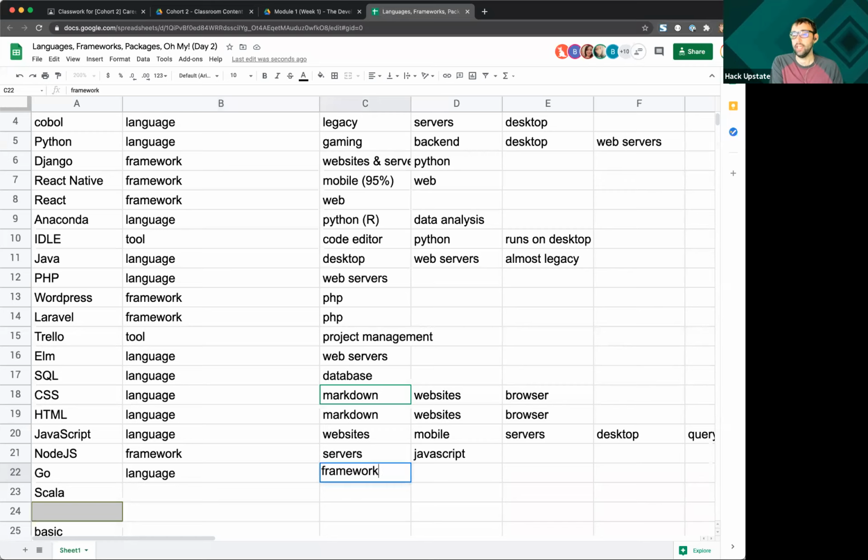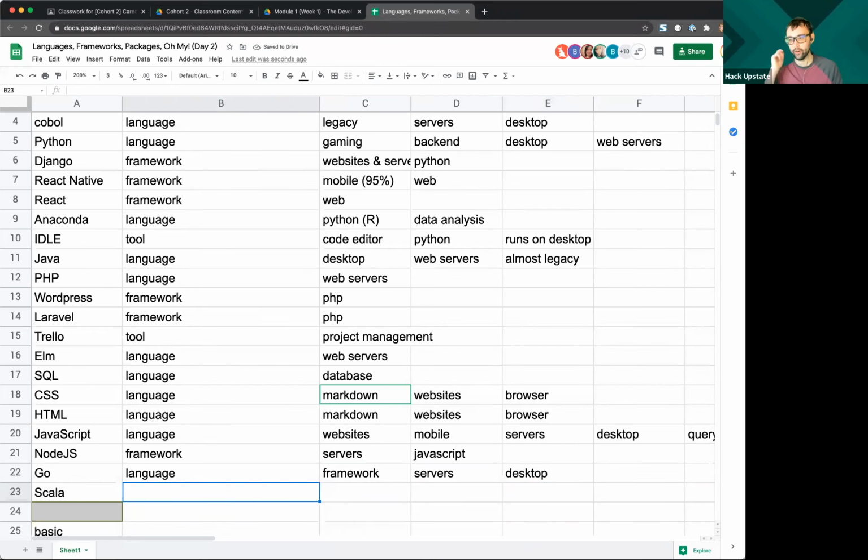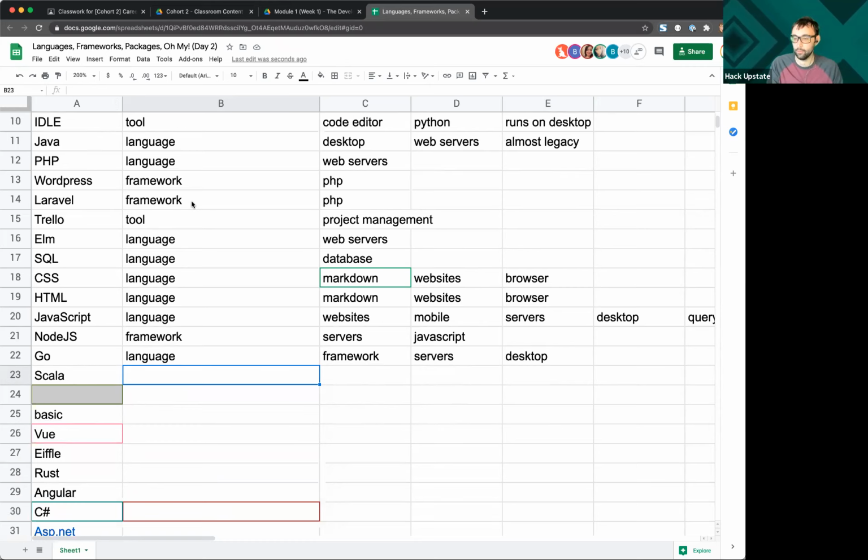You could easily make the argument it is a framework, and it is primarily used on web servers. I'm trying to think. You could also run a Go script on a desktop computer, so I will put that in there. If anyone has anything to add, by the way, jump in if you added it to the list or if you've seen it used in other places.